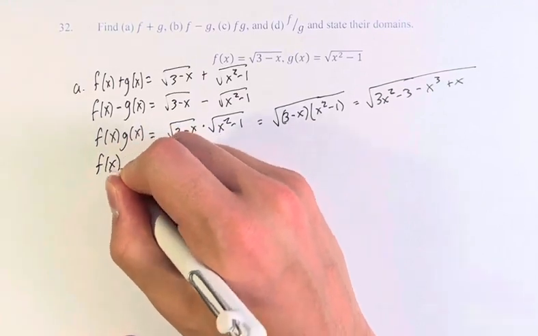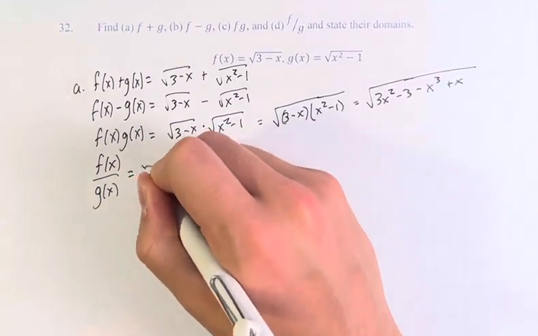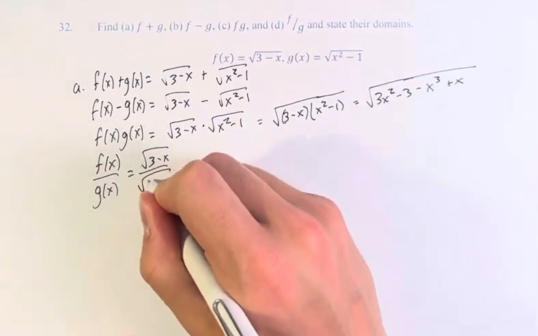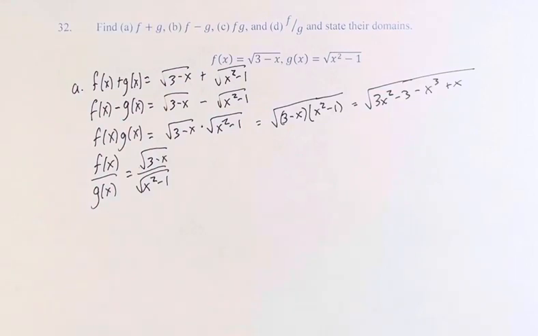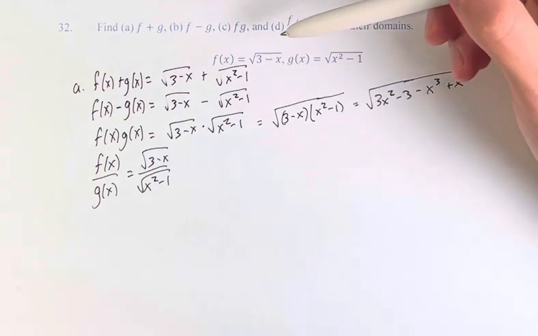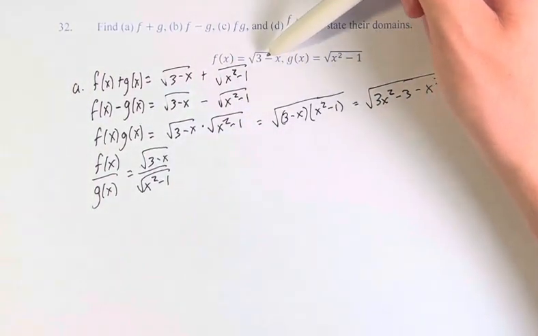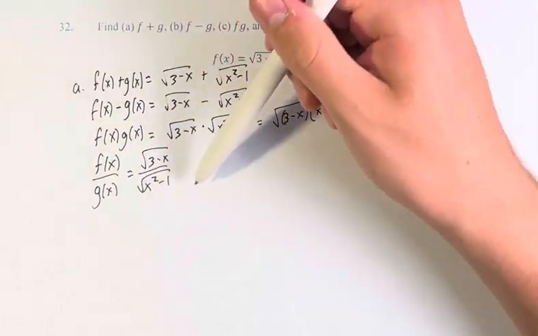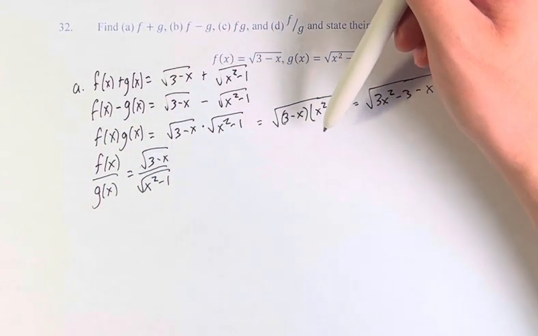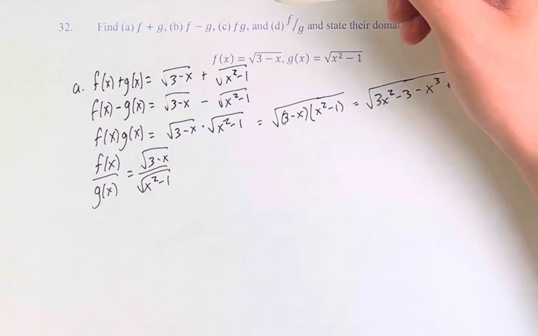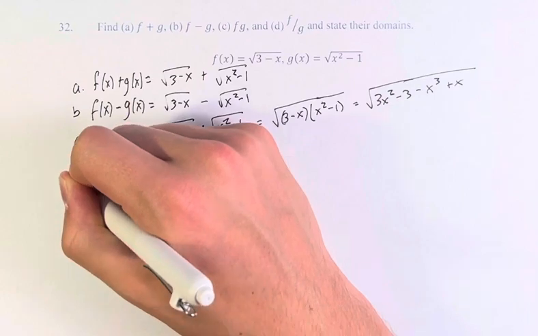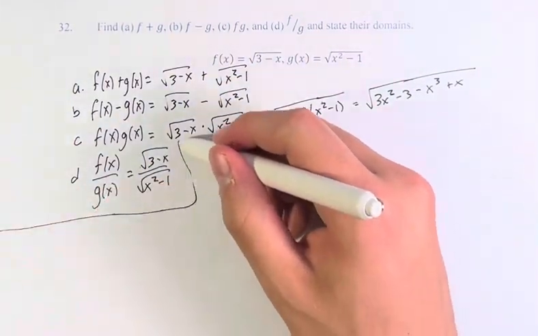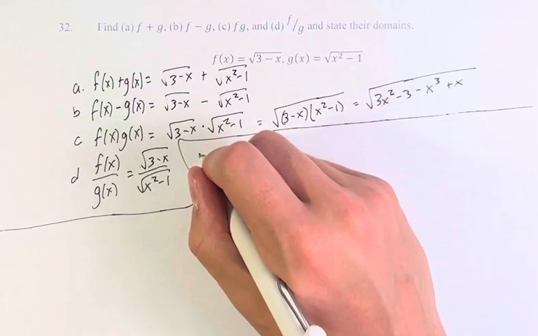And finally, we have f of x divided by g of x, which is the square root of 3 minus x divided by the square root of x squared minus 1. So we have a couple things here. Whatever these square roots are, they have to be greater than or equal to 0. Right? You can't take the square root of a negative number. So for a, b, c, d, this is the actual functions themselves. For the domain,